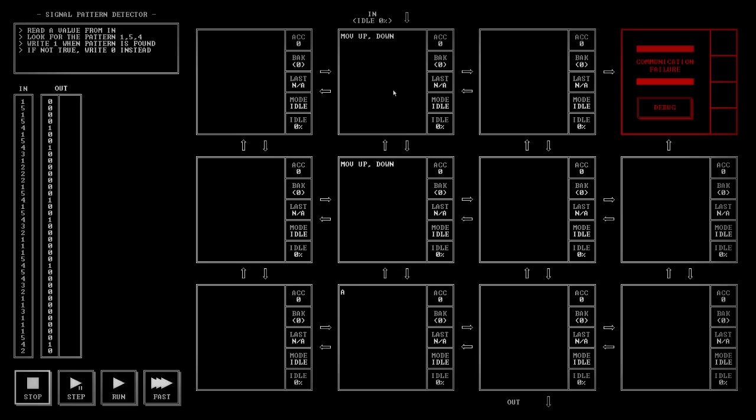We're going to start with our A label, and we're going to move the up value to the accumulator. And remember, this one we're testing to see if it's equal to 1, so we're going to subtract 1 from it. Now when we subtract 1, if it is a 1, we're going to get a 0, and every other possibility of the number that comes down is going to give us something other than 0. So we want to test if it was not equal to 0, that means we have the incorrect value,